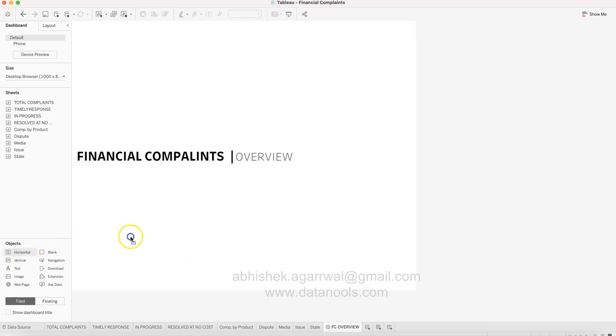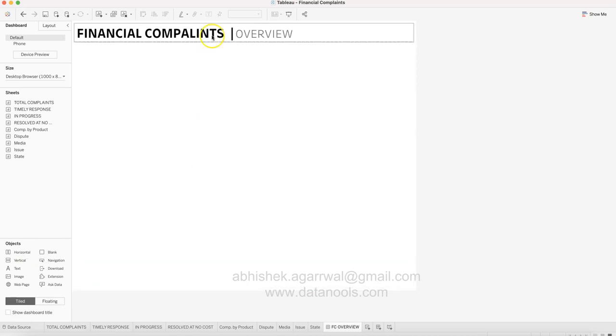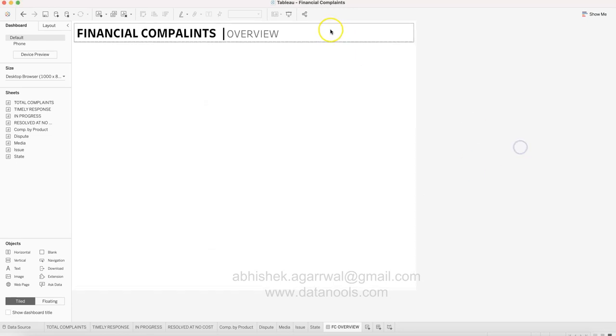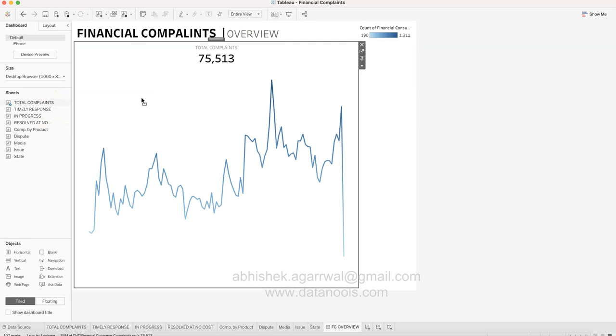Then what we need is a horizontal container. So we just added that. Financial complaints overview. I will just reduce this because I need a little bit more space in the end. I can even have the option of increasing the space. Okay, so what we have added is the horizontal container. Now what we need is KPIs,